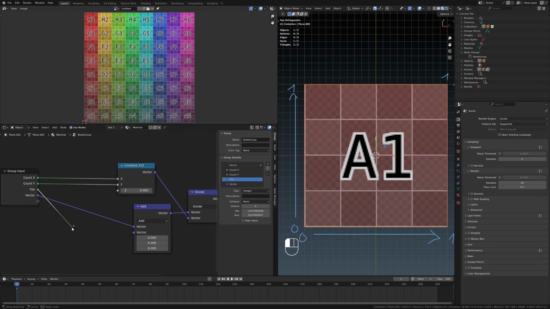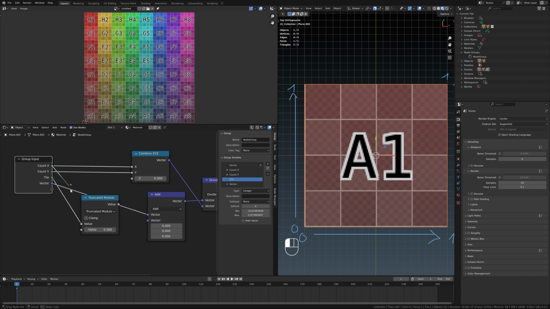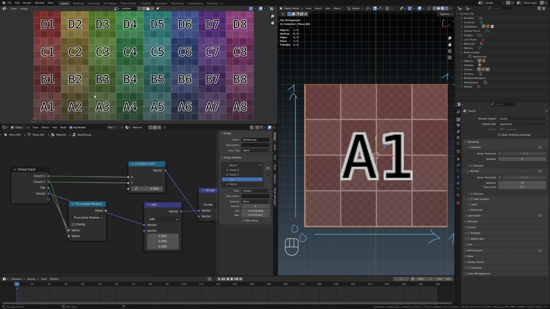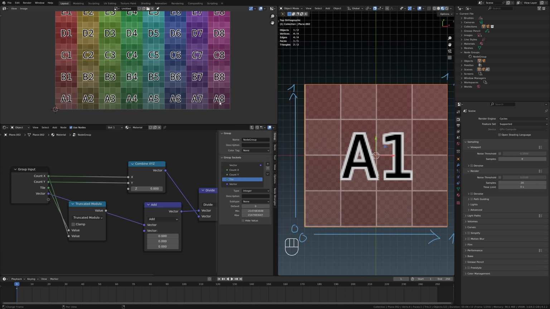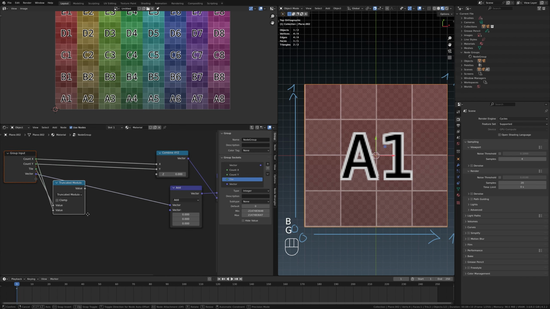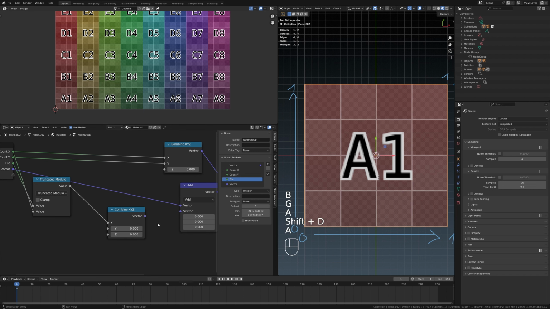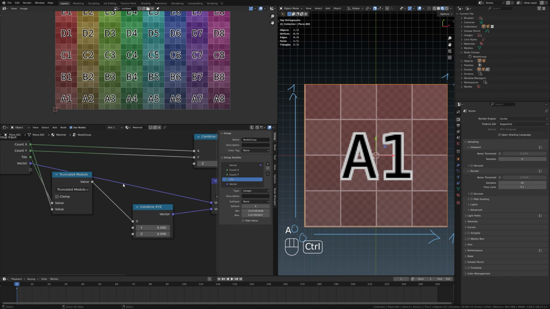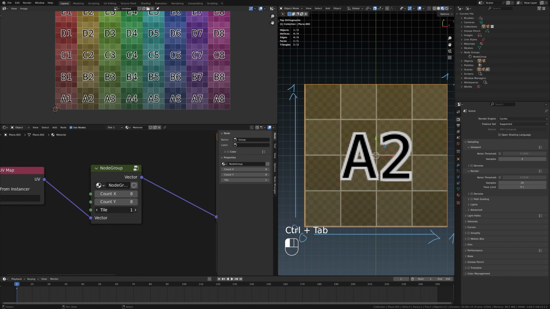We can do that by taking a tile and a modulo function and use the count X for it. This will allow us to let tile count up as it progresses, and then as soon as it reaches our maximum of X, it's going to jump back down to 0. That's what we need in order to have it go to the right and then jump back down. We'll use another combine, plug this into here, and now if we use our tile, it's going to go to the right